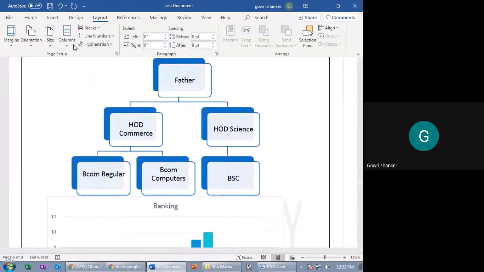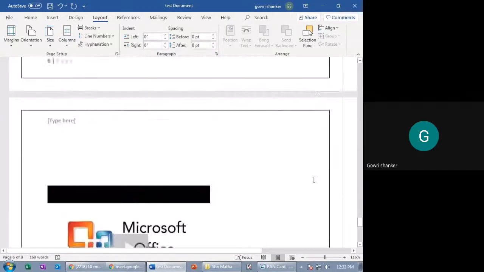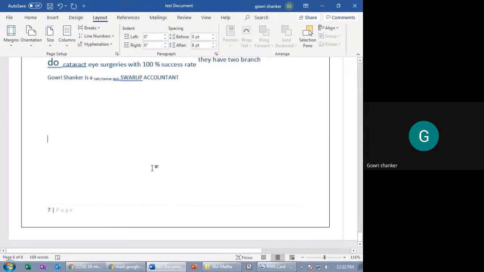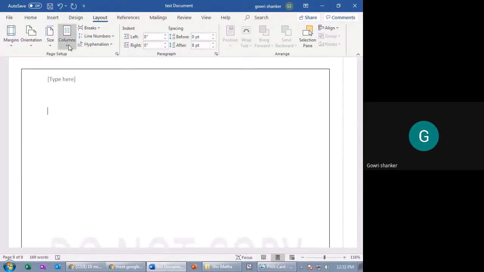It doesn't mean that you have to use only one column. According to your requirement, you can use 2 columns, you can use 3 columns also. For example, let me take one new page. In this page, only for this particular page, if I want 2, 3.